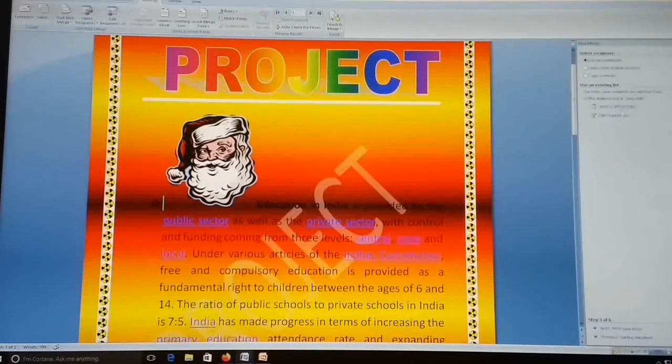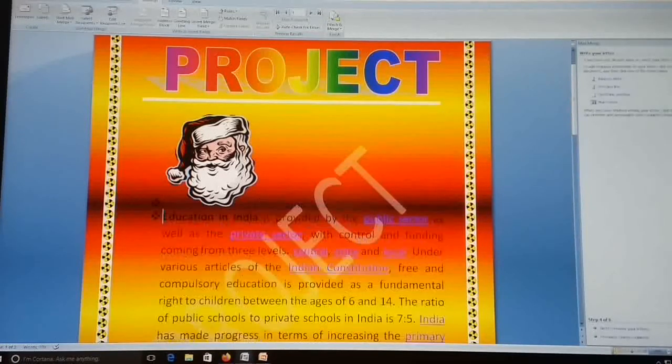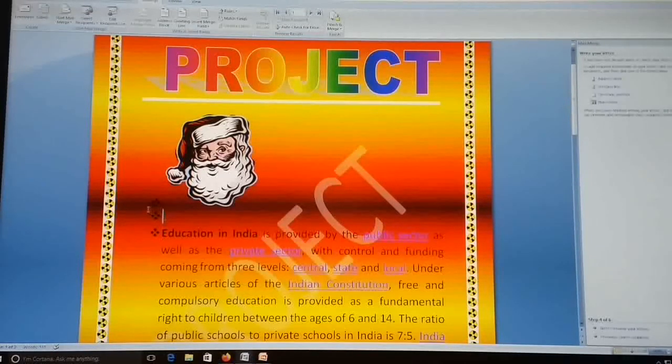Here, next, click next, write your letter, then preview your letters. Before that, make some space here.